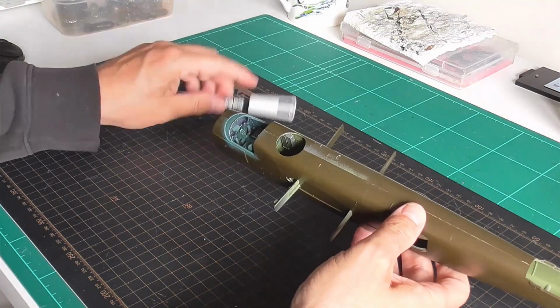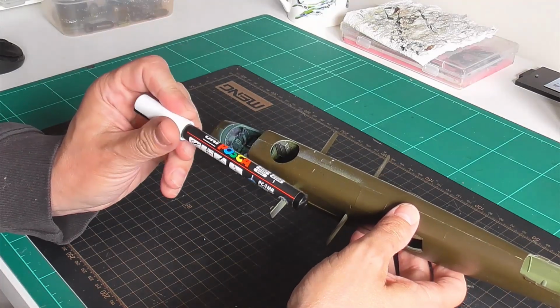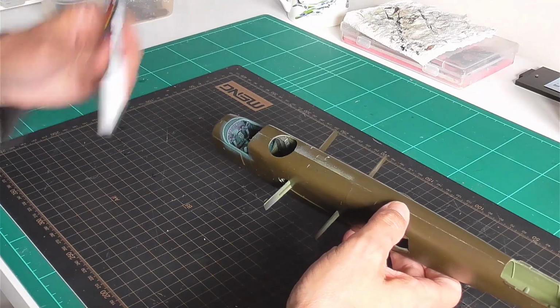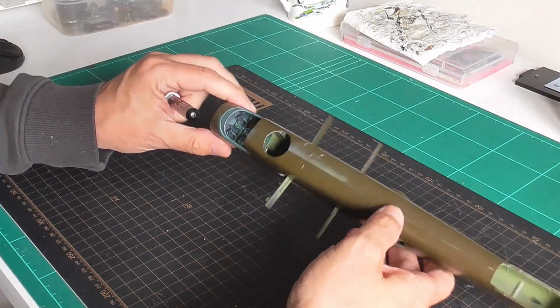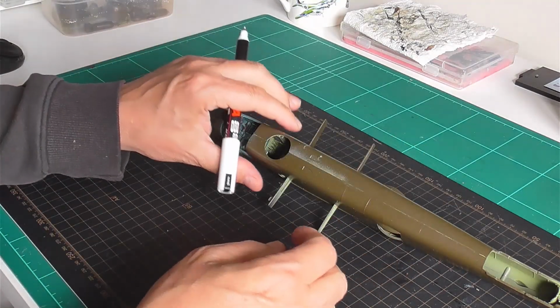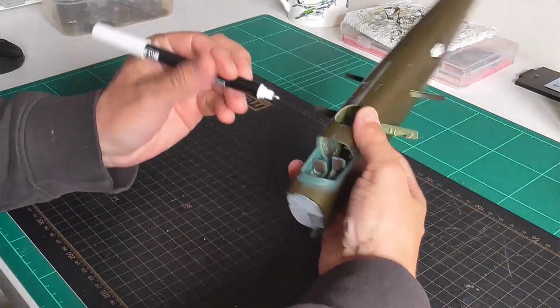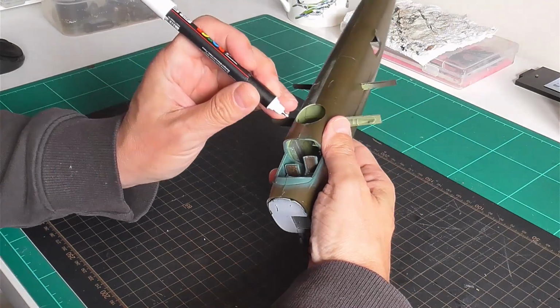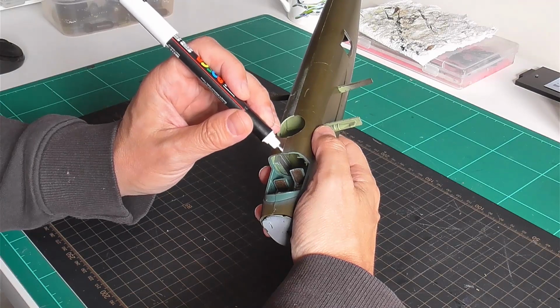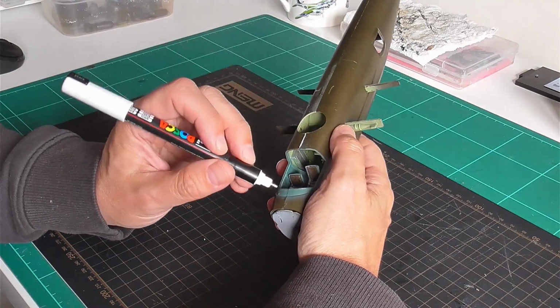But what I am going to do is grab one of our famous Posca pens. Alright, I've got a white one, and what I'm going to do is outline the seam itself. This is not the nicest coloured styrene to work with, so it's an old trick. Normally you just do it with a black one or a darker one. But what I'm going to do is just draw